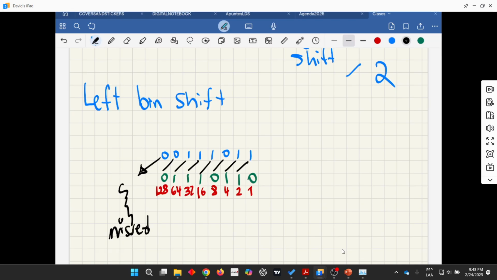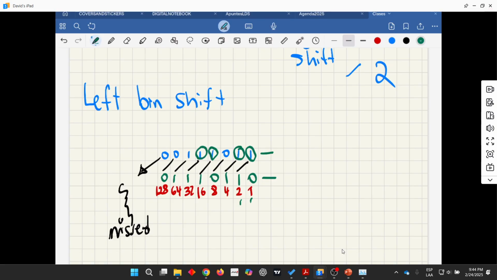Now, let's calculate those numbers. I'm going to use green. I'm going to calculate the decimal number here, and I'm going to calculate the decimal number here. So let me show you. So here we have 1, and this one we have 3. Why? Because I'm adding this with this. So 1, 3, 11,